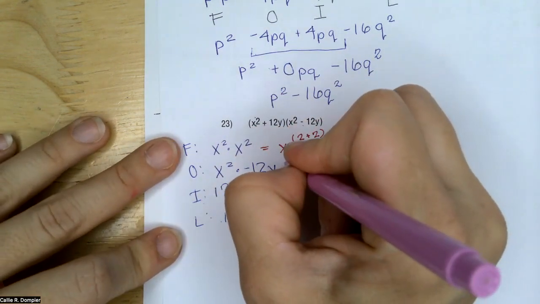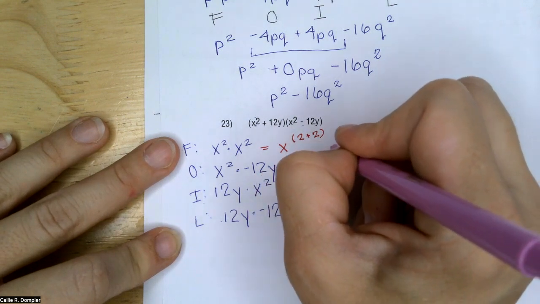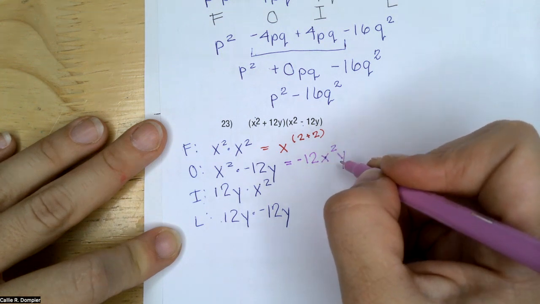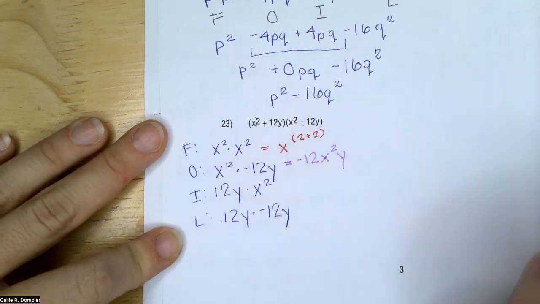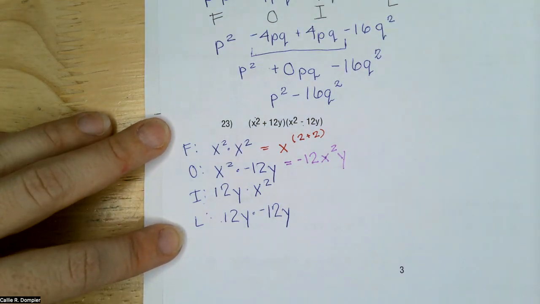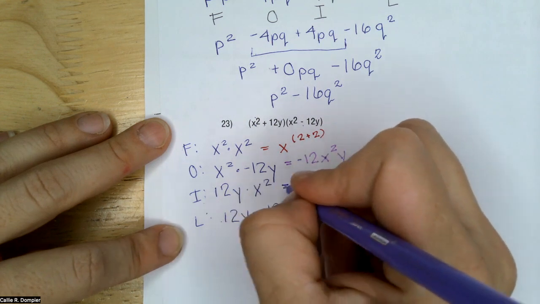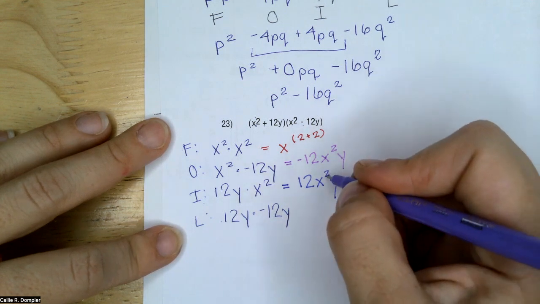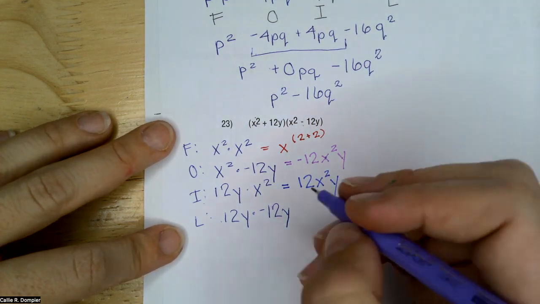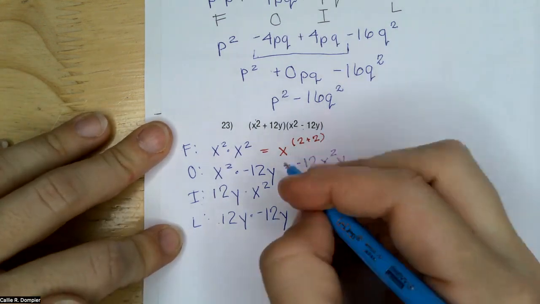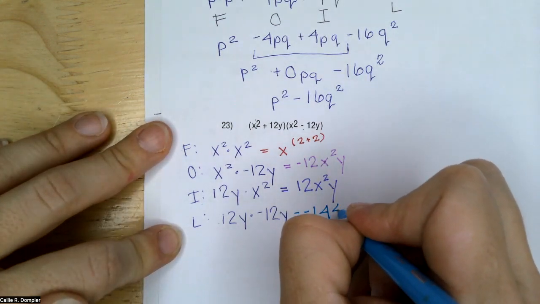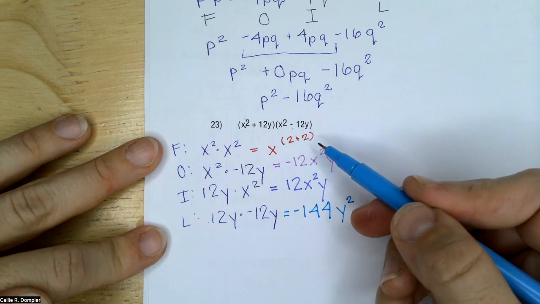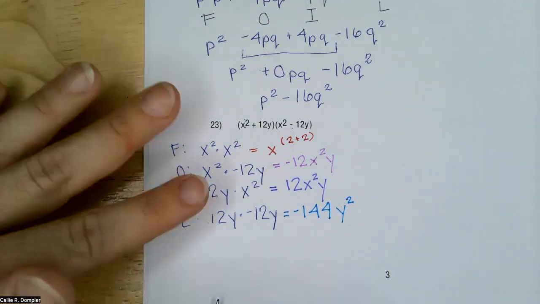X squared times negative 12y is negative 12 x squared y. I'm just putting it in descending order of exponents. That variable has an exponent of 2, that variable has an exponent of 1, so the x comes before the y. Here, we have 12y times x squared, so it's positive 12. Again, x squared goes before y because that's a higher power, higher degree. Good. And then 12 times negative 12 is negative 144. Y times y is y squared. Should have said y to the 1 plus 1. So all of that becomes